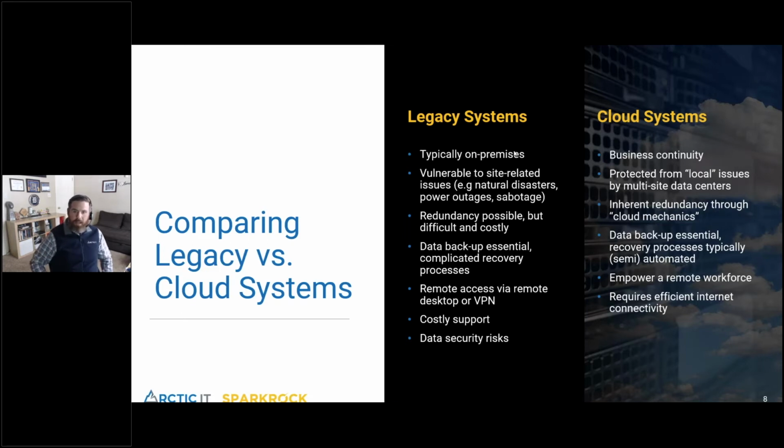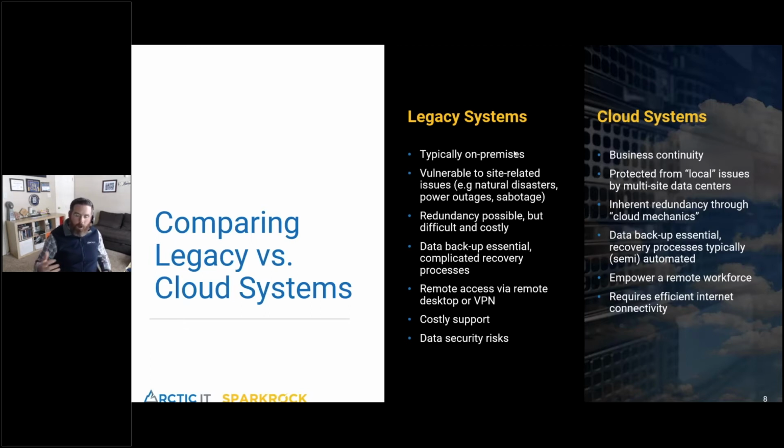And then bringing in the other vulnerability of business continuity, where if you have folks that aren't working at the office, because of COVID or other pandemics that we might be dealing with, they can't come in, and now you have to start rotating access to keep people safe, but being able to continue to do your jobs in a secure way typically has to happen via remote desktop or VPN connectivity, which is costly to support, brings in its own inherent data security risks, and then you being able to be protected against that with very complicated disaster recovery models.